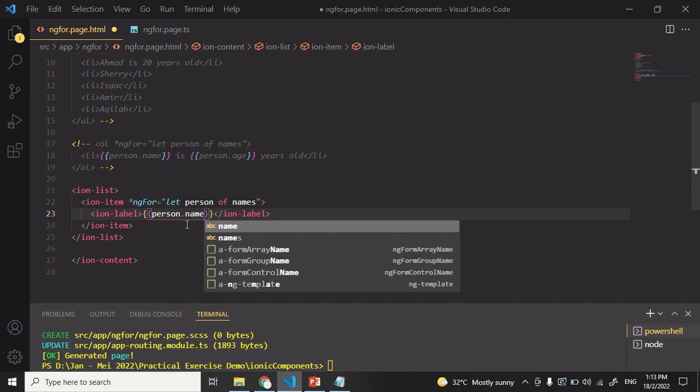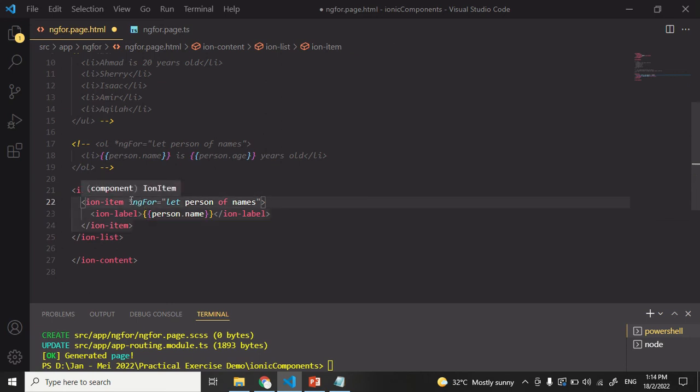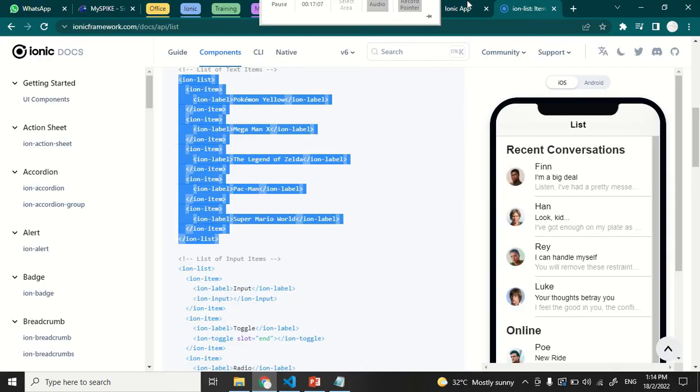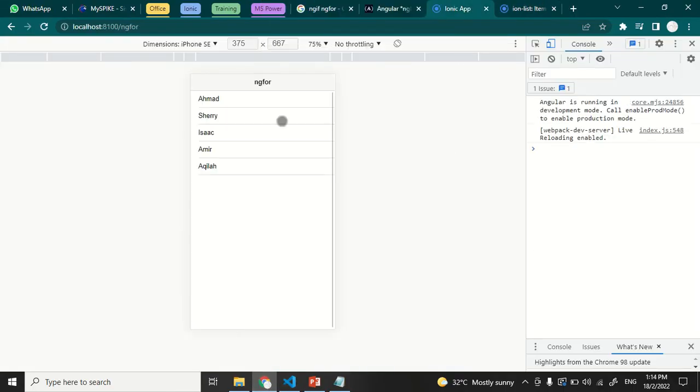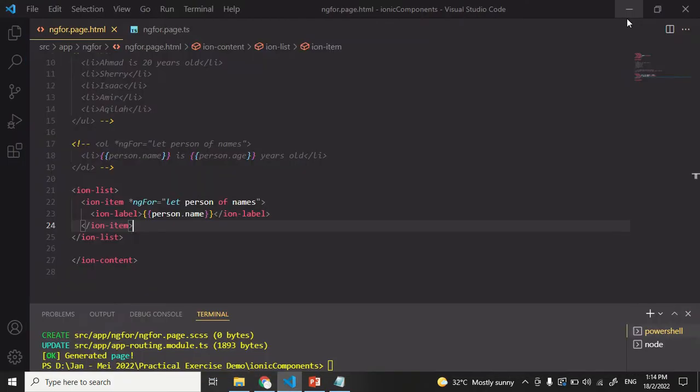Okay, the method of using ngFor is still the same. So now we will see the list inside ion-list, and maybe we can put another label to call the age,